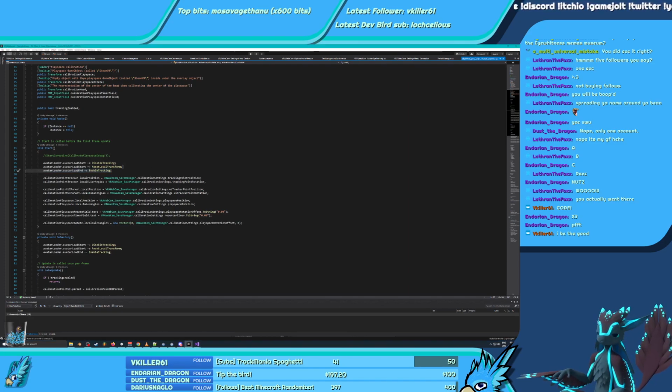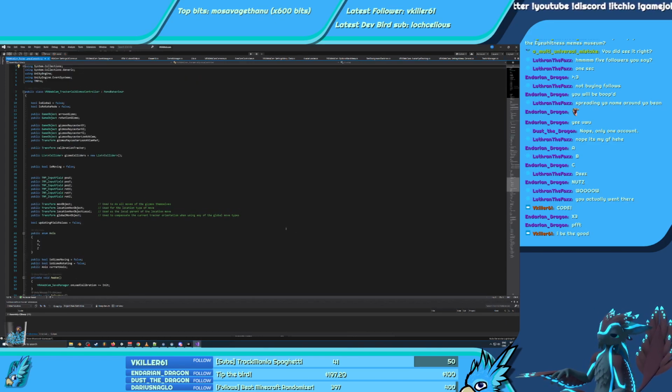So where's the gizmo code? Calibration, tracker. Title. It's not that I want. Calibration renderer. Gizmo. I want to set the gizmo thing.